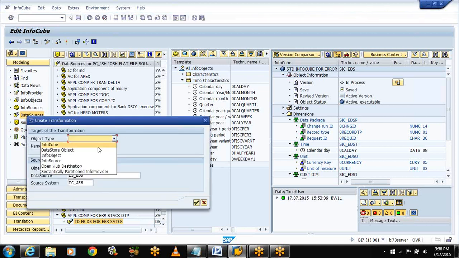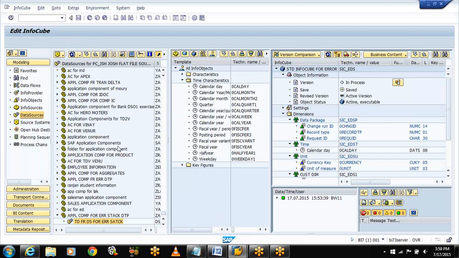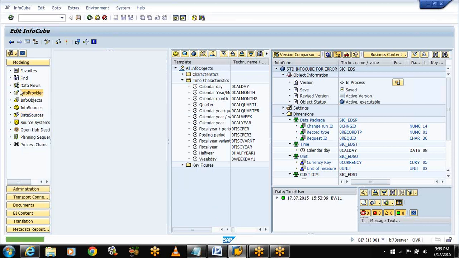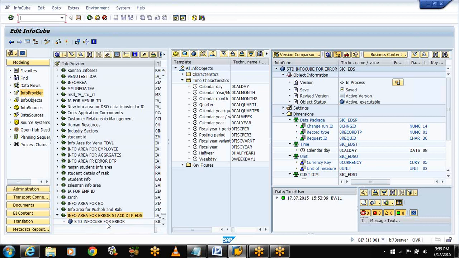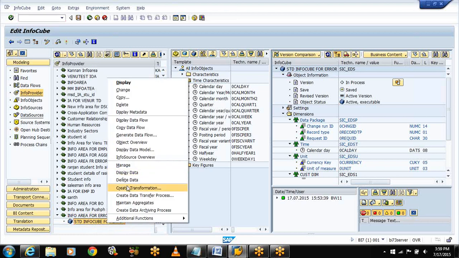Now the object type is InfoCube. This is the target. If I am using the data source, I have to select the target. If not, I am creating it from the info provider, from the target. Select the cube, context menu, create transformations.